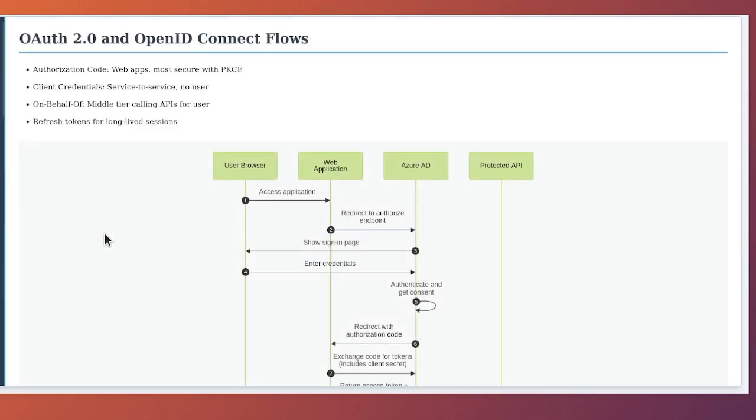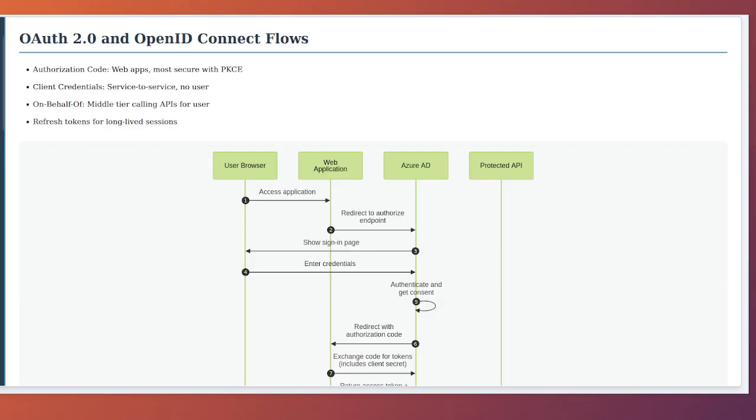OAuth 2.0 and OpenID Connect flows. Azure AD's authentication is built on industry-standard OAuth 2.0 and OpenID Connect protocols. Understanding these flows is essential for integrating applications with Azure AD, and it represents a significant difference from AWS IAM, which uses signature-based authentication. While the AWS SDK handles signing requests with access keys, Azure applications use token-based authentication with different flows for different scenarios. OAuth 2.0 is an